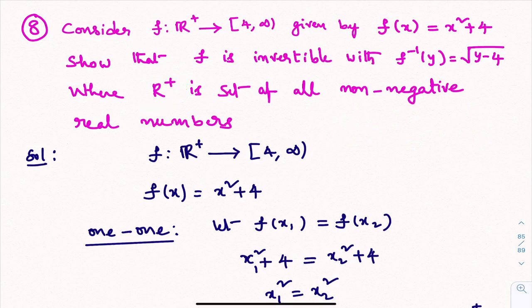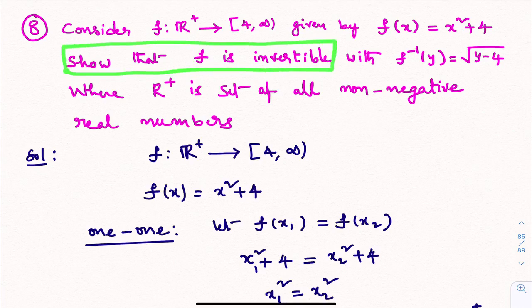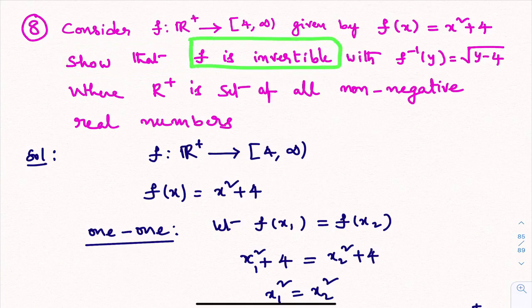Now here, we need to show that f is invertible. In last 2 problems also we discussed, f is invertible when the function is bijective. What is a bijective function? A function which is both 1-1 and onto is called a bijective function. So to show f is invertible, I need to show it is 1-1 and onto. If f is both 1-1 and onto, then I can say that f is invertible. In this problem, first I will check 1-1, then onto. After showing that f is invertible, I will show that its inverse is this one. Right, let's begin the solution.